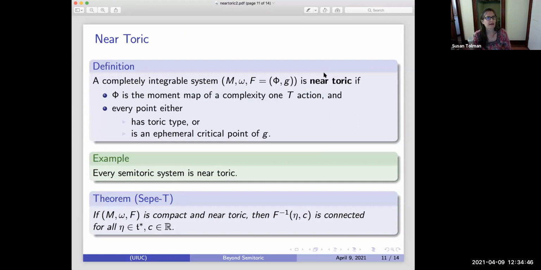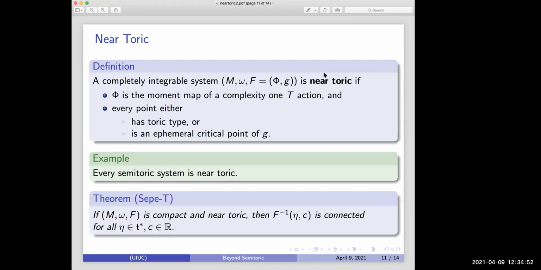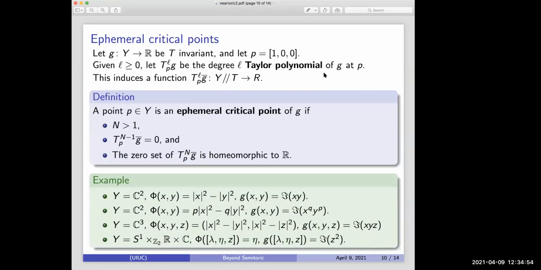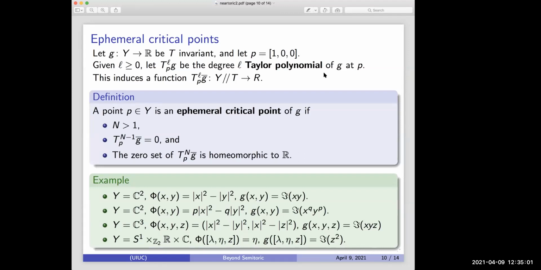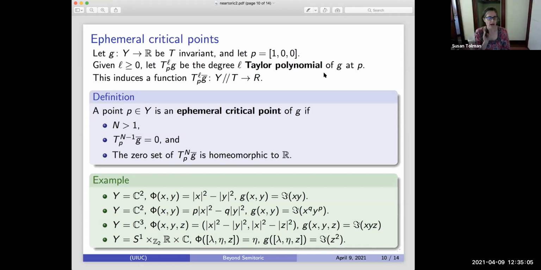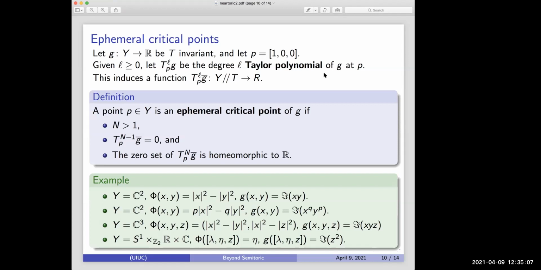So a completely integrable system is... Sorry, can I ask you to go back just to the slide? I want to finish processing the examples. Yeah, sure. Okay, so can you say something about the last one? Yes, what? I'm trying to get a picture in my head, and I'm having trouble with the,